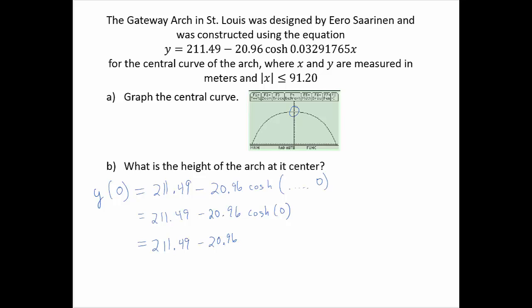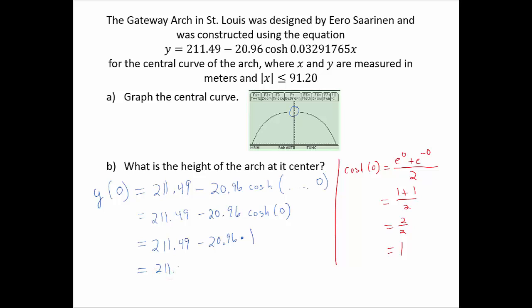Let's do that out on the side here, a little side work. The hyperbolic cosine of 0 would be e to the 0 plus e to the negative 0 over 2. And so that would be 1 plus e to the 0, again is 1, over 2. And so that would be 2 over 2, which is 1. And so then the hyperbolic cosine of 0 is 1. And so that ends up being